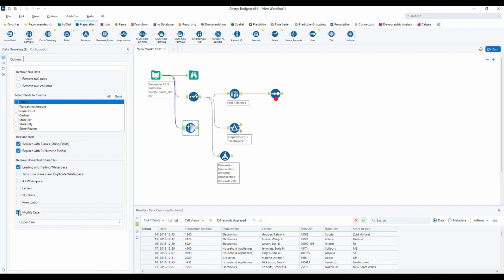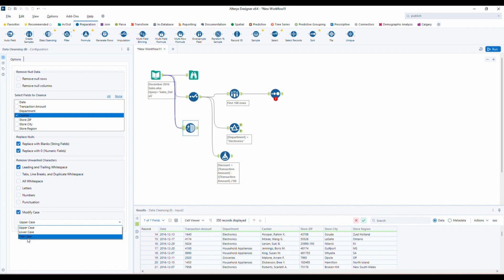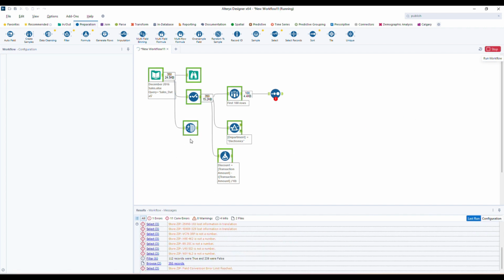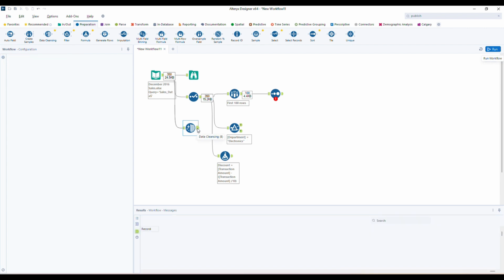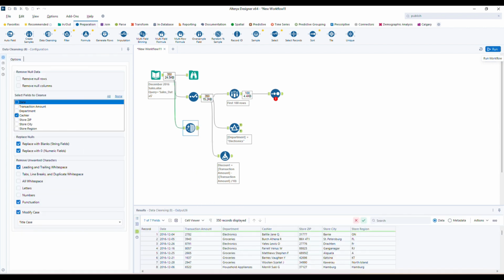For example, in this data we observe, in the cashier column, we have some punctuations and all. We try to remove those punctuations, and I'm modifying the case, and I'm choosing the cashier, and punctuation also I'm just removing, and just click the run, and we will see the output whether it has been removed or not. Click the output anchor again, and see the cashier column, if you observe, punctuations have gone, and it modified the case as well.